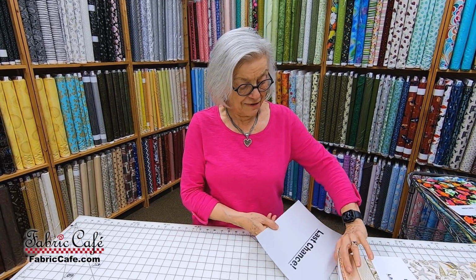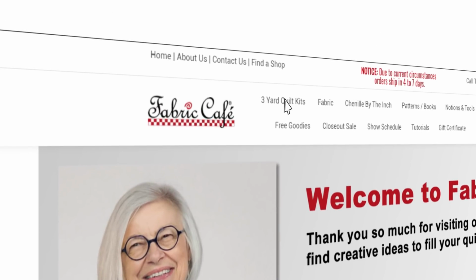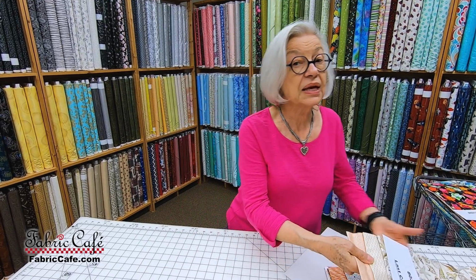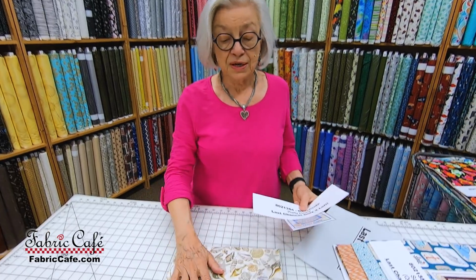Now we do have just a few last chance. Now if you're just joining us for the first time, our last chance simply means we're about to run out of this quilt, and we're going to give you a reminder just in case you've been thinking about getting this one, or if you want this one. It's a beautiful